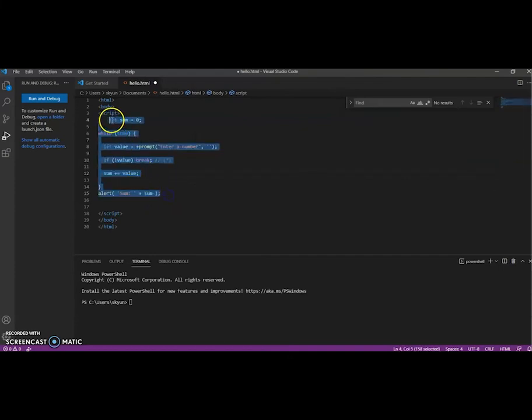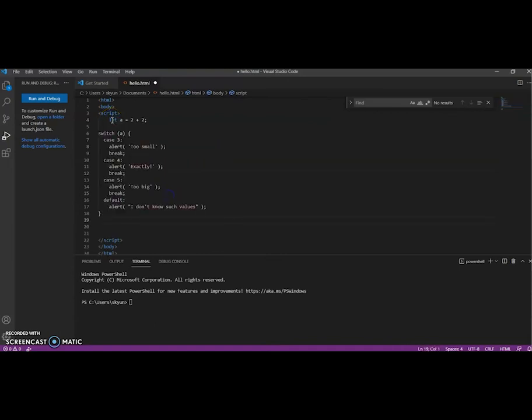Let's just do it like this. So now what we are going to do is simply